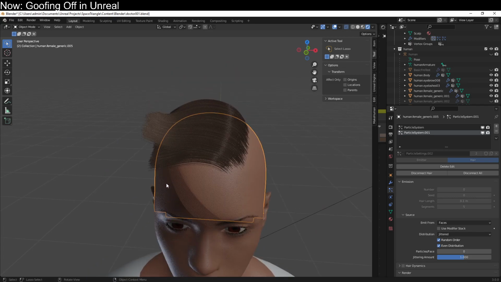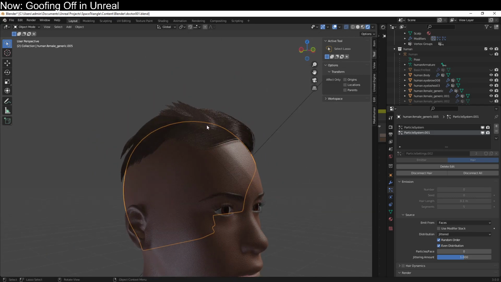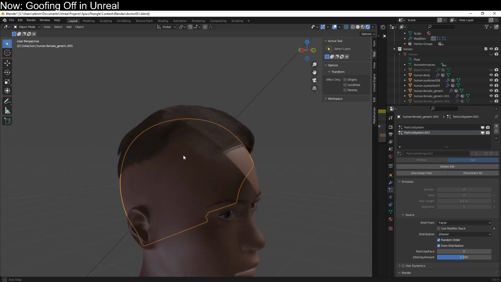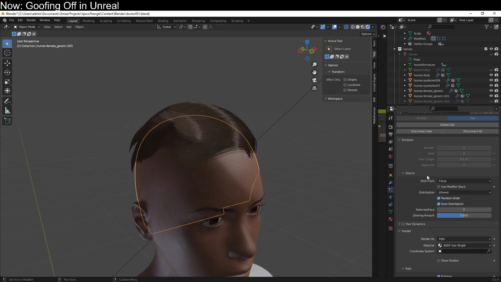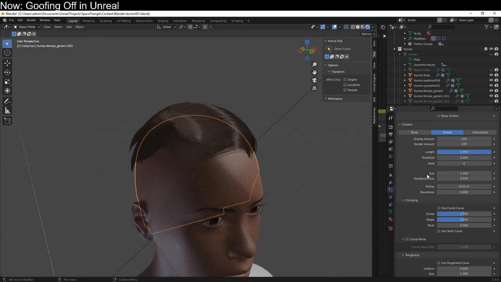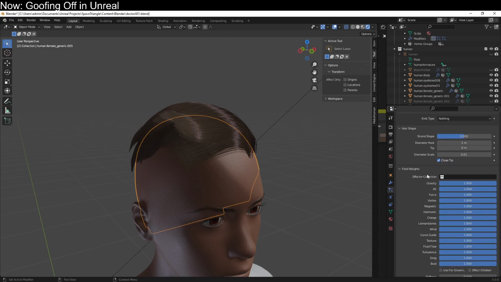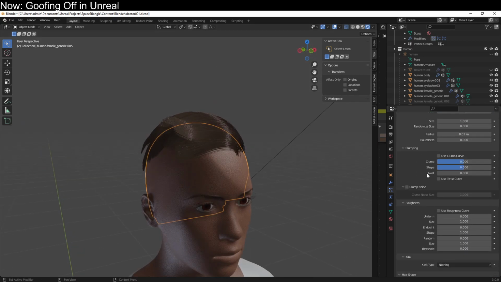So as you can see, we have two layers of hair, but they're really obvious. You see how it's very clearly exactly two layers of hair. We can do a lot to adjust that. If we come down here into the settings, there are so many settings that we can use to change exactly how our hair falls. One of the things we can do is set up a series of clumping weights. So you can clump like this,